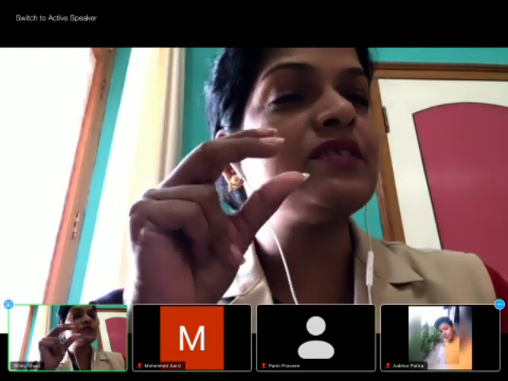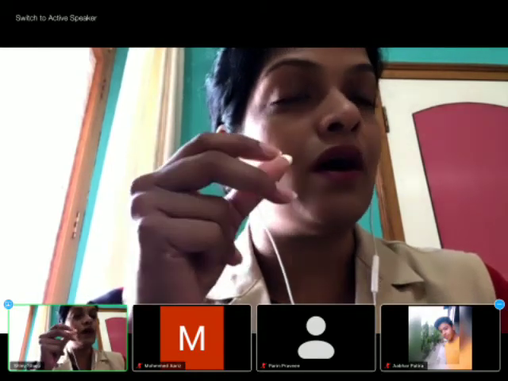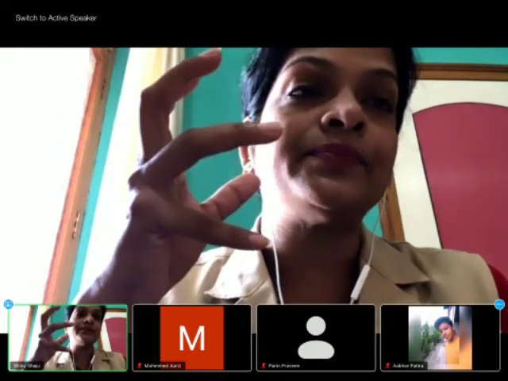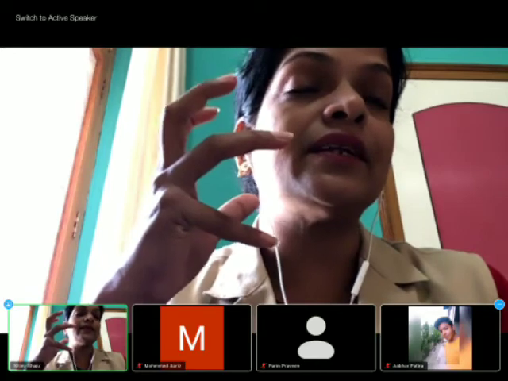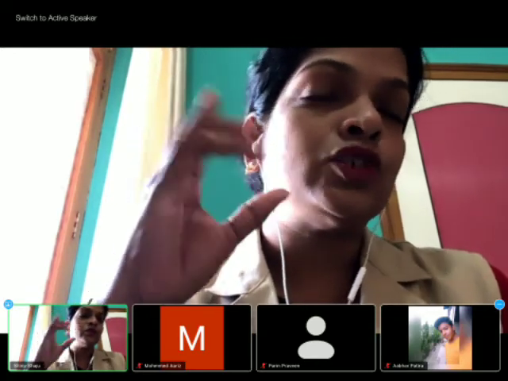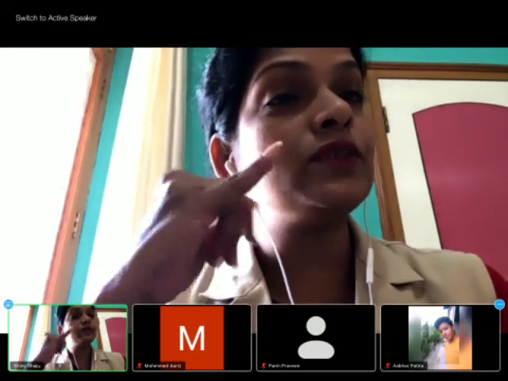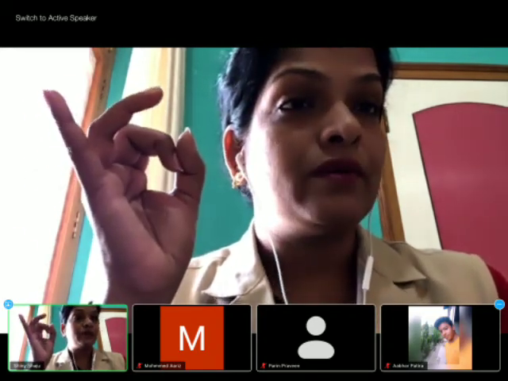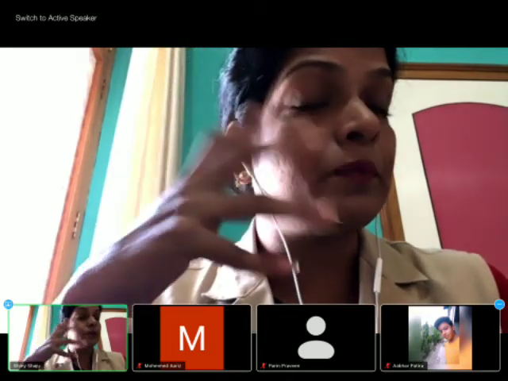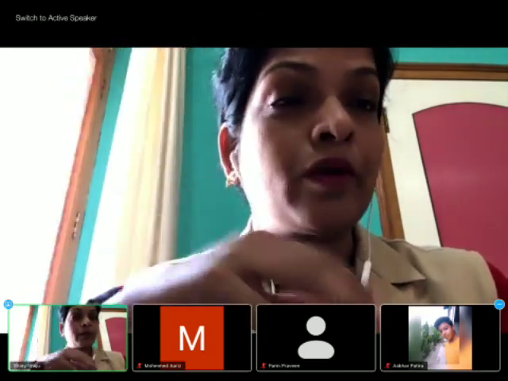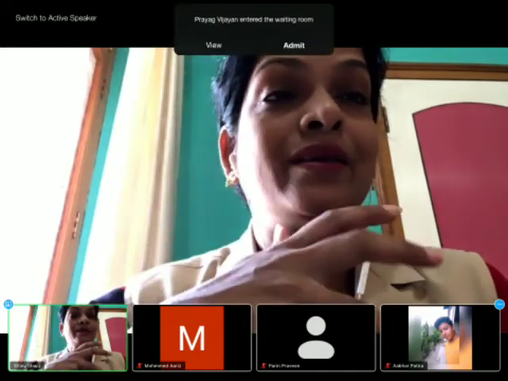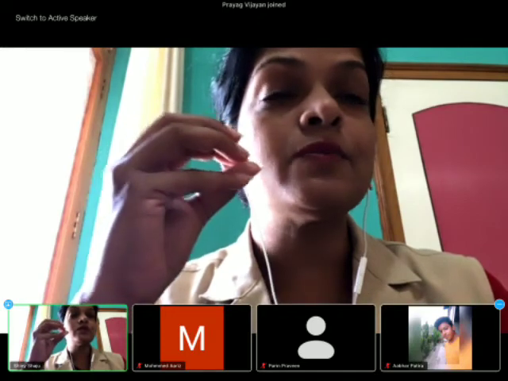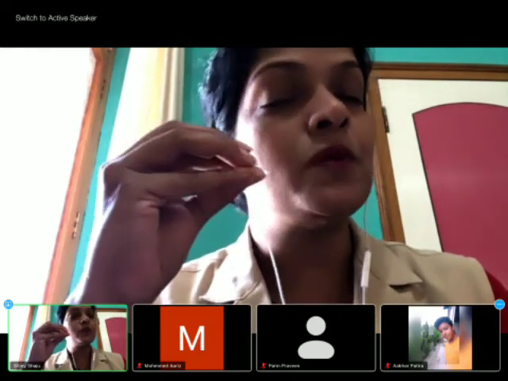The small sphere's radius is taken as small r, while the bigger spheres which make the crystal lattice, their radius is taken as capital R. So, small r is the radius of the void and capital R is the radius of the sphere. We made the crystal lattice with big spheres. Big spheres or big atoms or anions make the entire crystal lattice, and the gaps are filled by small cations or small atoms.